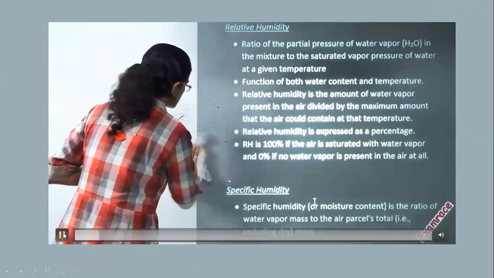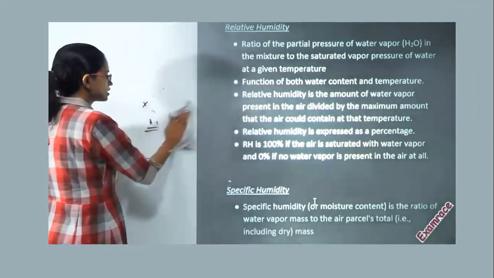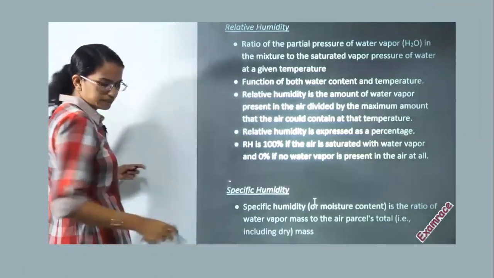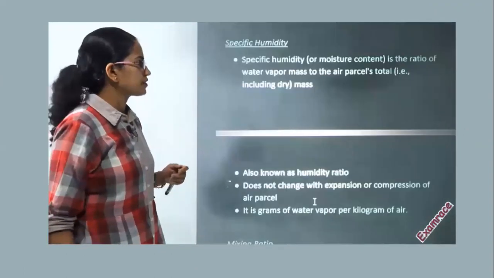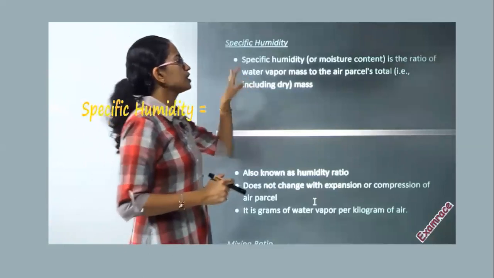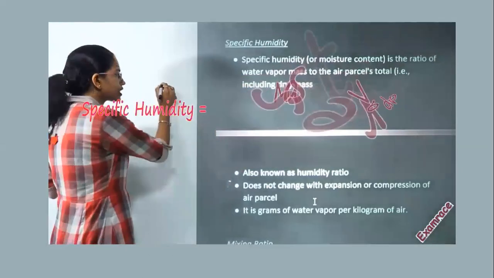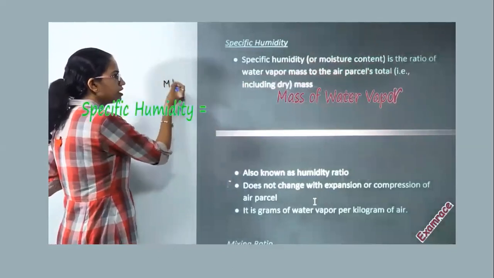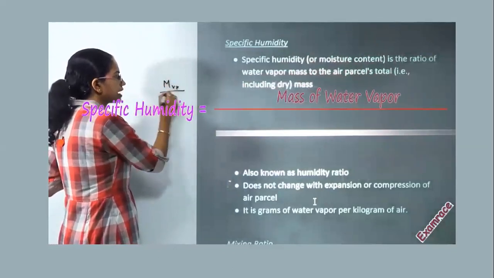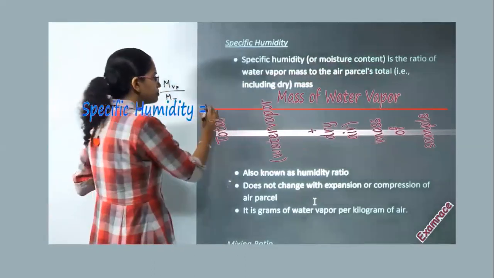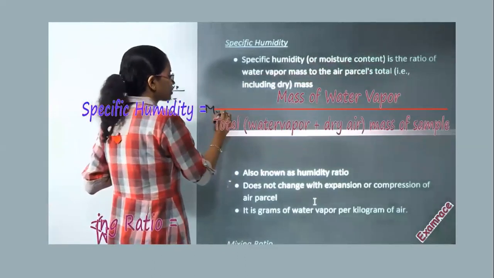Humidity and mixing ratio. A lot of students are confused between the differences in specific humidity and mixing ratio. So when I say specific humidity, I am talking about the ratio of the mass of the water vapor that's present divided by the mass of the total air parcel. However, when it comes to mixing ratio, I'm